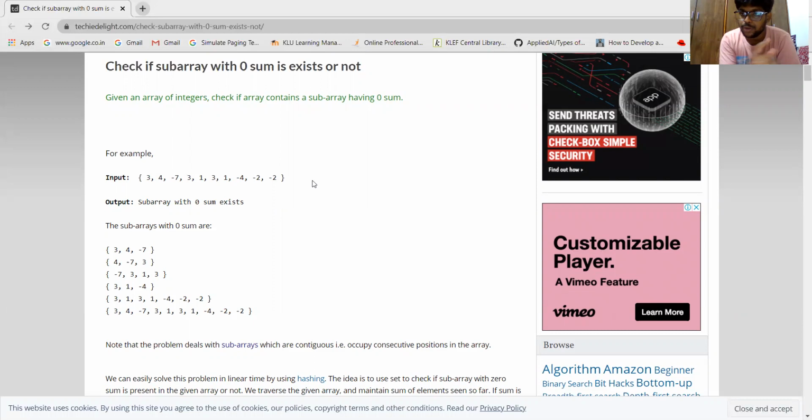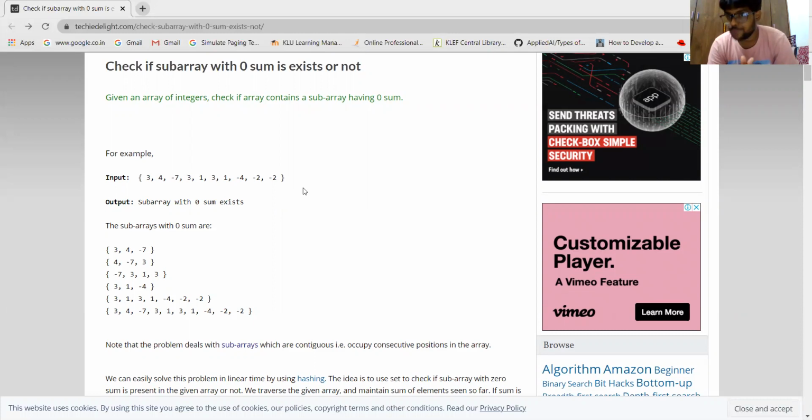Simple. What you will do is traverse the array and store it in a hash table. After storing it in the hash table, you will check index by index whether zero exists. If zero exists, it will return true, otherwise it will return false. So this is the general approach I am using.